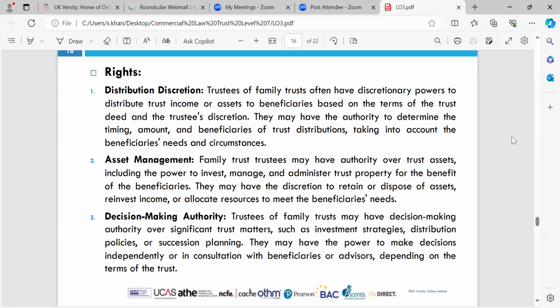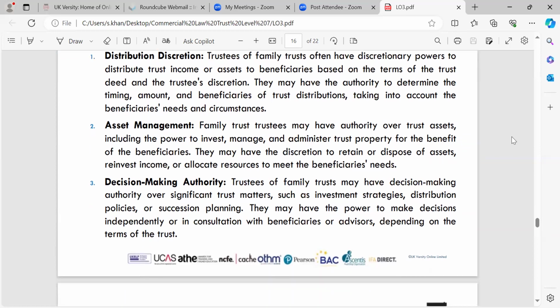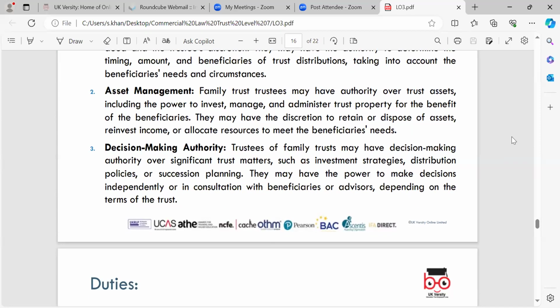Asset management. Family trustees may have authority over trust assets, including the power to invest, manage, and administer trust property for the benefit of the beneficiaries. They may have the discretion to retain or dispose of assets, reinvest income, or allocate resources to meet the beneficiaries' needs. Decision-making authority. Trustees of family trusts may have decision-making authority over significant trust matters, such as investment strategies, distribution